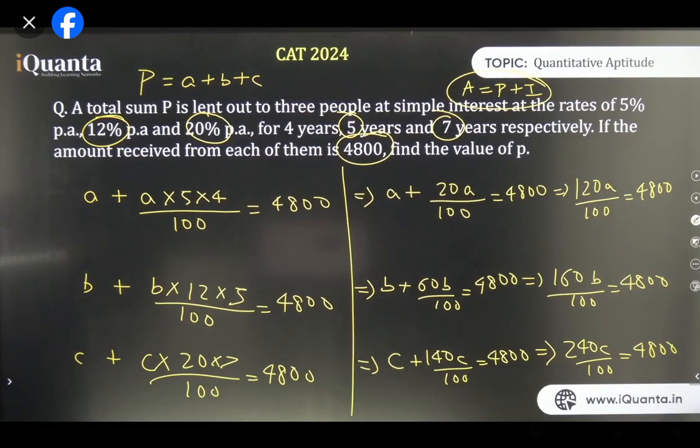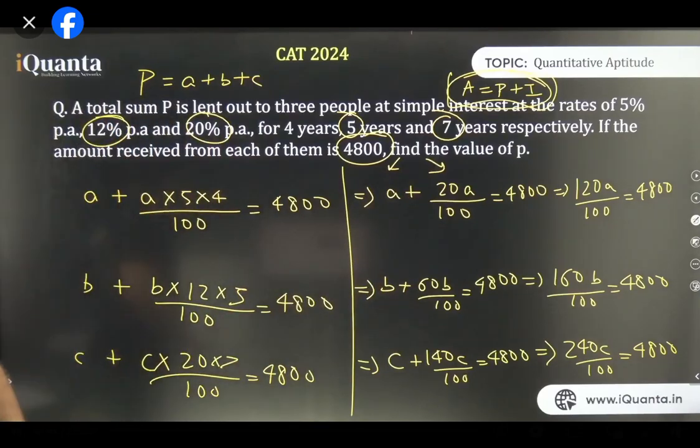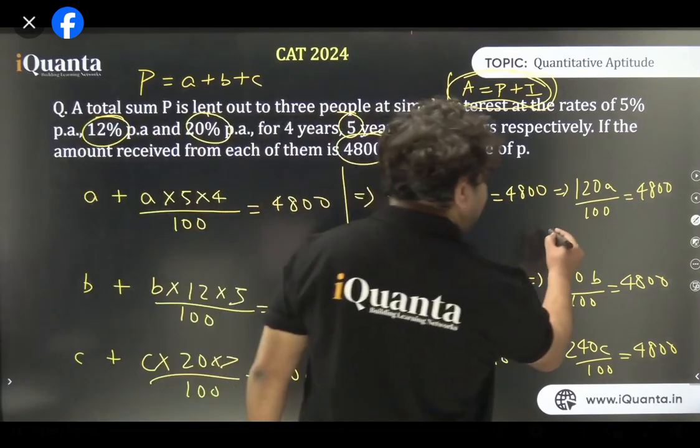How 120A? By the way, I am assuming that all of you know how to add fractions, yes or no? Abhishek, because amount is principal plus interest. See, I wrote this formula. Principal and the interest, I added them up. Do you want to take a session on how to calculate things? A speed calculation session? If you want me to do that, I'll do that as well. Now solve this. Calculate the value of A.